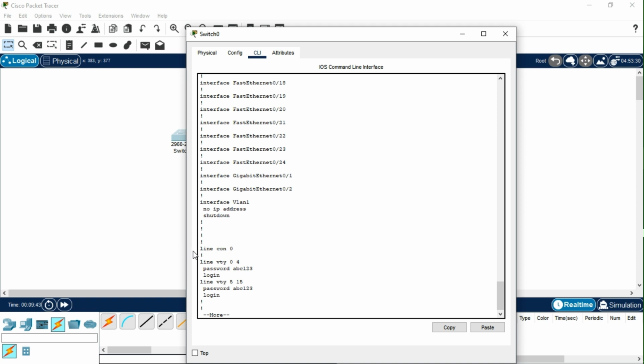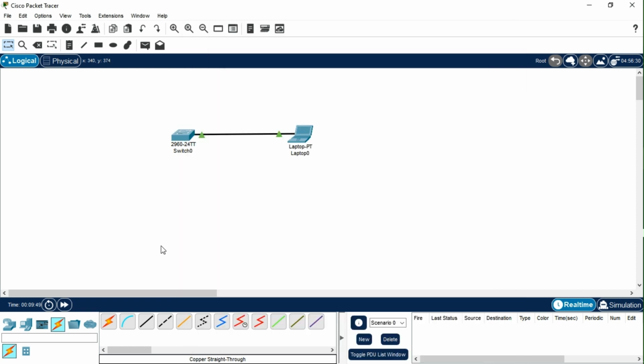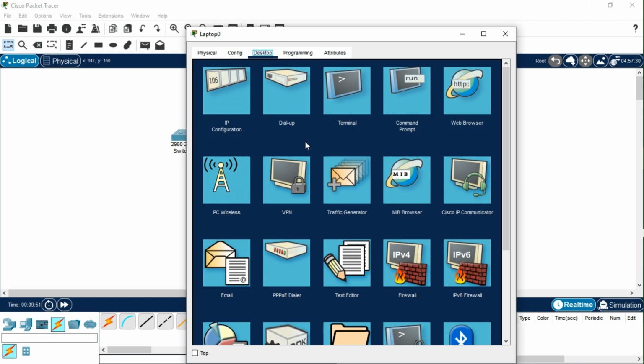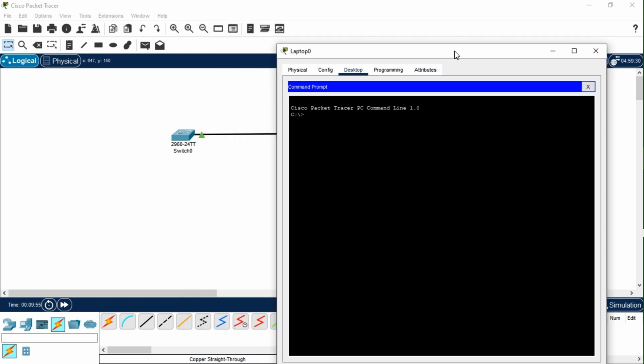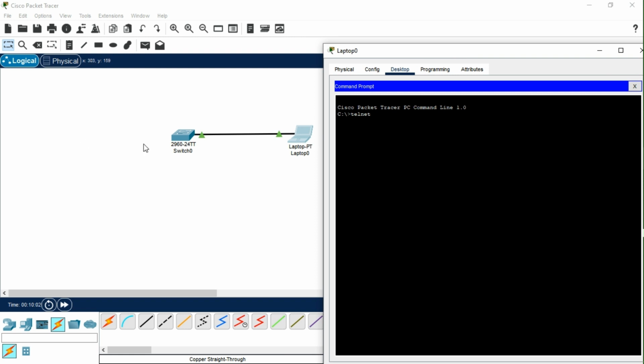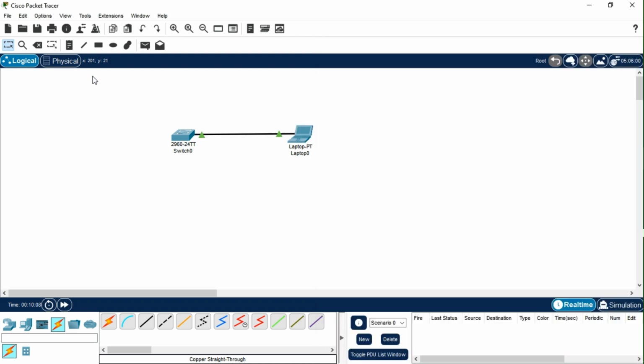Okay, but here's the thing. Interface VLAN 1, there's no IP address. So in the real world, we're going to go to the command prompt, okay? And we're going to go to telnet. But you see the problem here? I haven't configured the laptop, and two, I haven't configured an IP address on the switch. Okay, so first thing we're gonna do